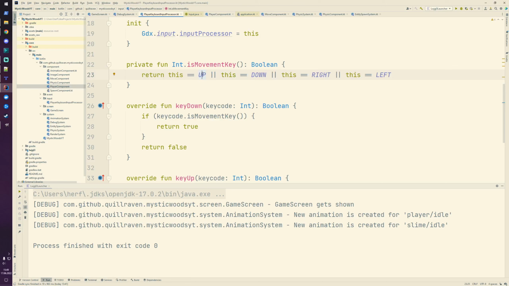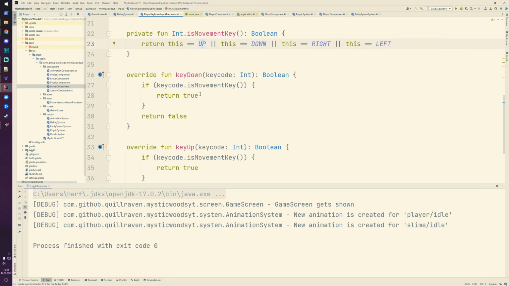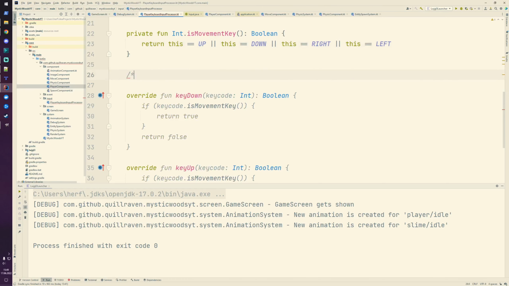Okay, like this. Because we only want to react on up, down, right, and left. Those are our movement keys, and there we want to do something. What we want to do now, I need to explain a little bit how 2D movement works, or a little trick. To explain it to you, my first approach